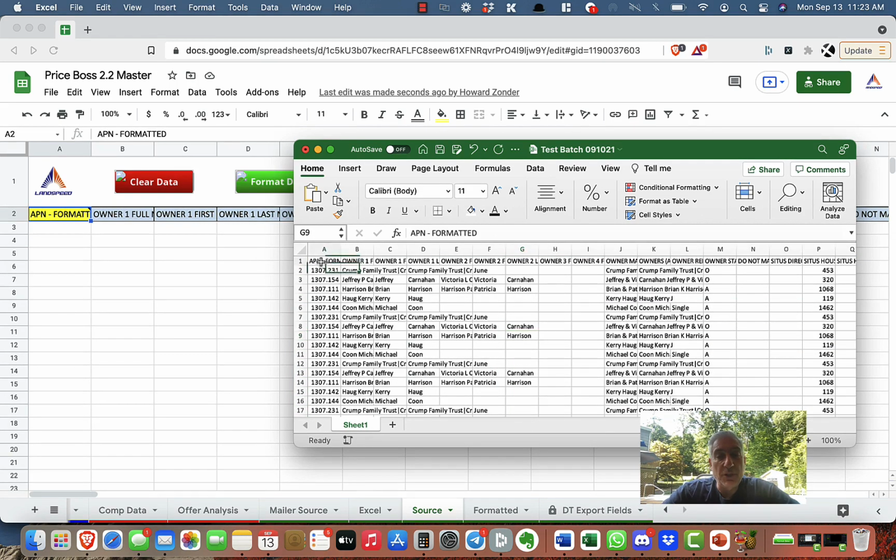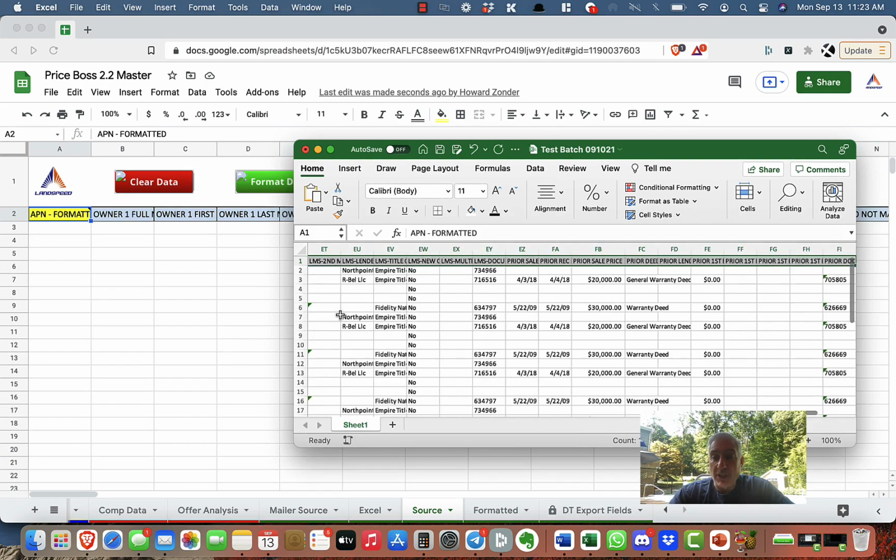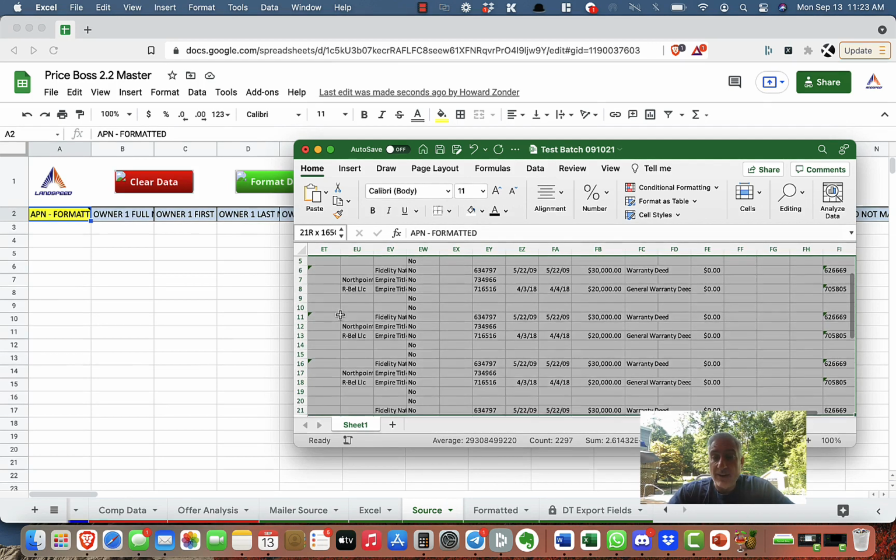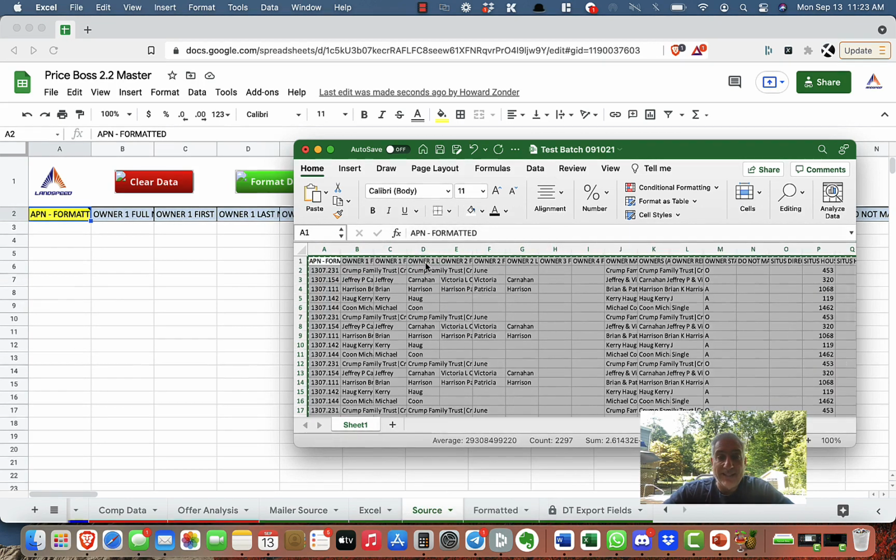So what you do is you come here to cell A1. If you're on a Mac, just hold down Shift Command. If you're on a Windows, you would hold down Shift Control. And then you click the right arrow key, which will take you all the way to the end, and then the down arrow key, which will take you to the last row. Simple as that. And then we're going to copy that data,